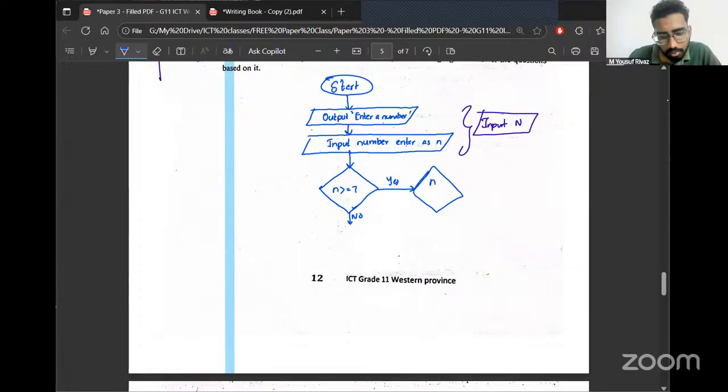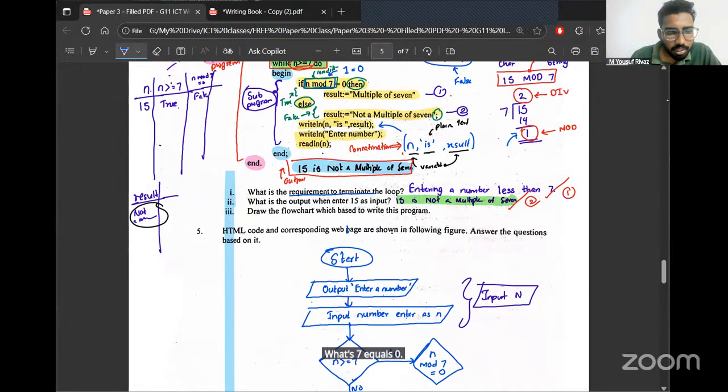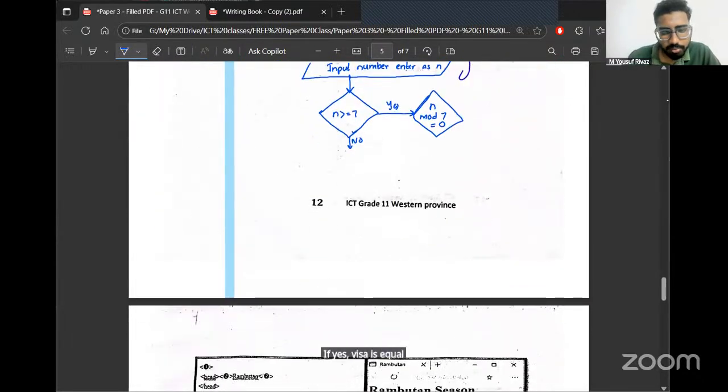Is the value of n mod 7 equal to 0? If yes, then result is equal to multiple of 7.